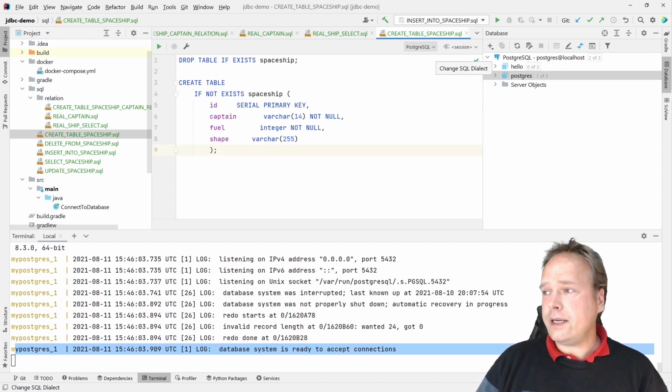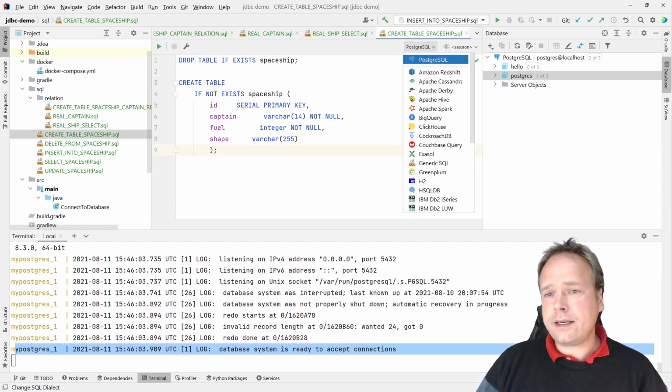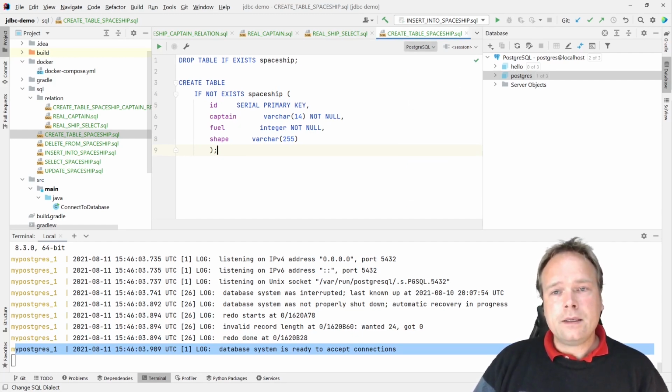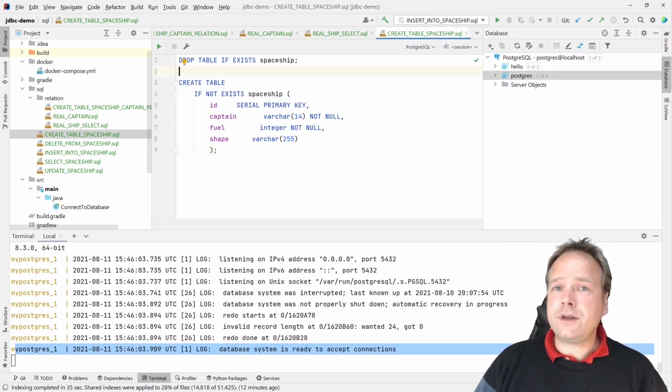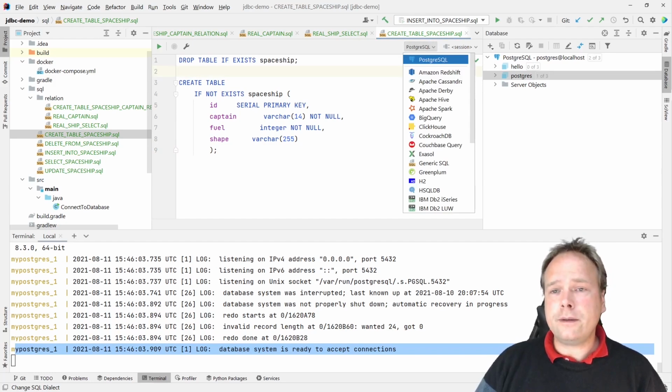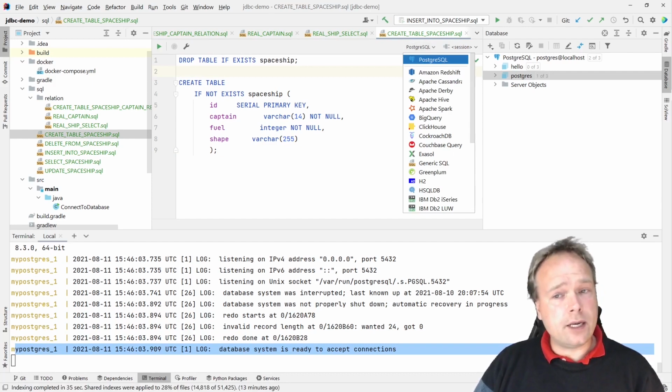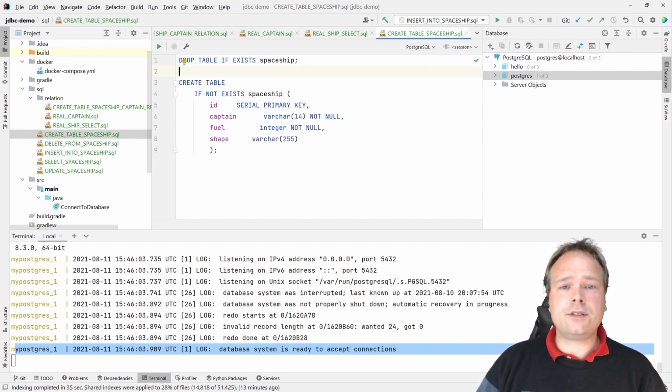There's this tab right here. This is the dialect, where you can choose which dialect you want to use, because there are differences in the SQL dialect between the different databases. This means that if you write SQL for Postgres, you cannot be sure that it also works for MySQL, Microsoft SQL Server or the Oracle database. The SQL is specific to the type of database, and that's why we have to choose the SQL dialect from this drop down before IntelliJ can help us with code completion and help us with resolving